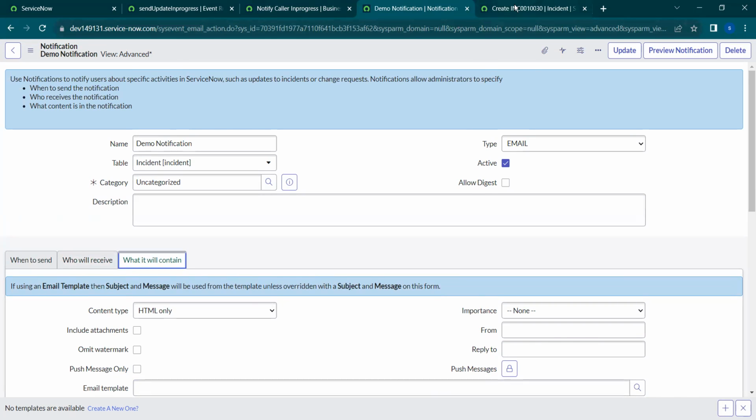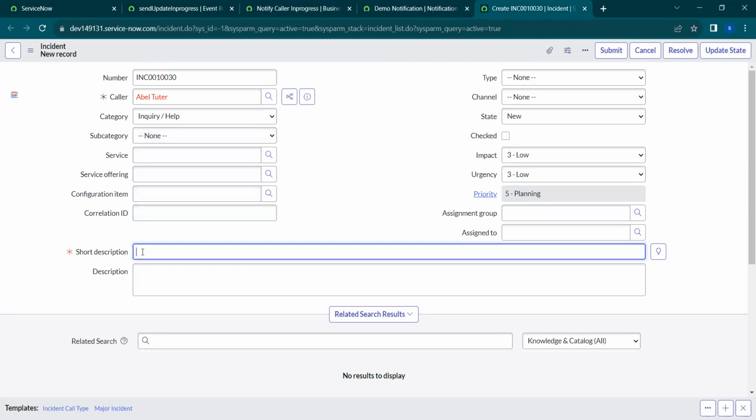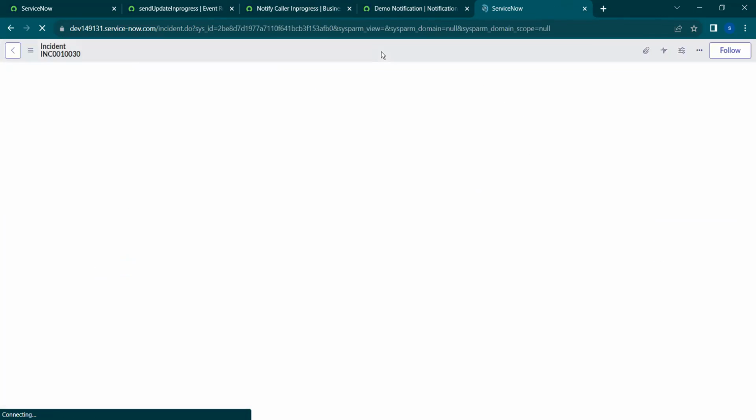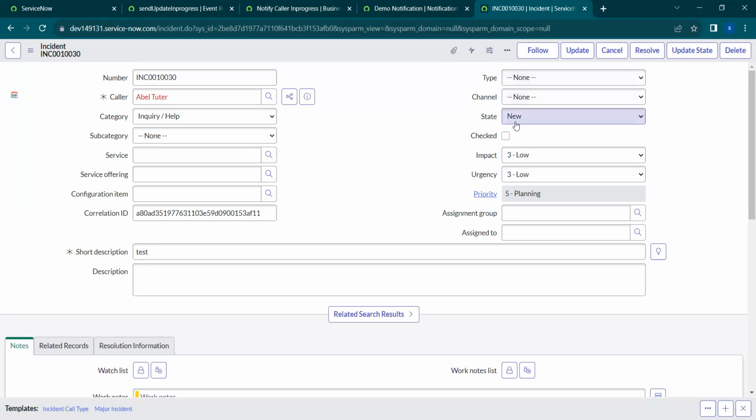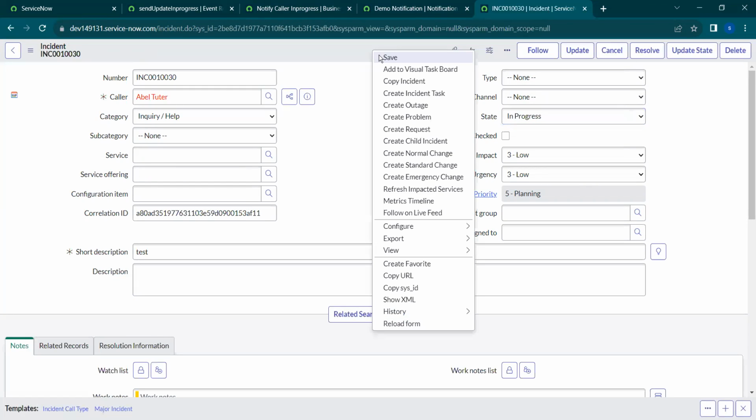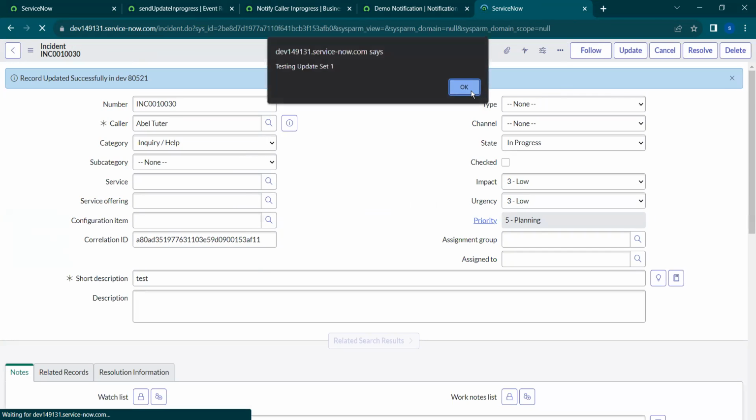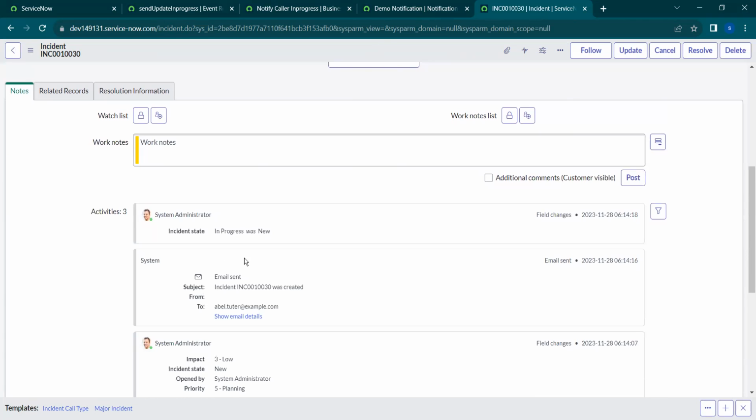So let's navigate to the incident record and check how it is working. So just selecting Abel Tutor here and adding some short description. I'm creating this now. First, I'm creating it as new. As I have mentioned, the state changes to in progress. So just the state is changing to in progress and saving now. Let's see how it will perform. Once the state is updated to in progress, the event will be fired, and we have to check